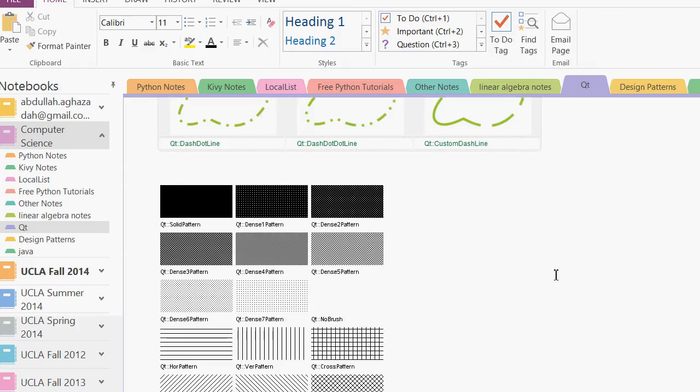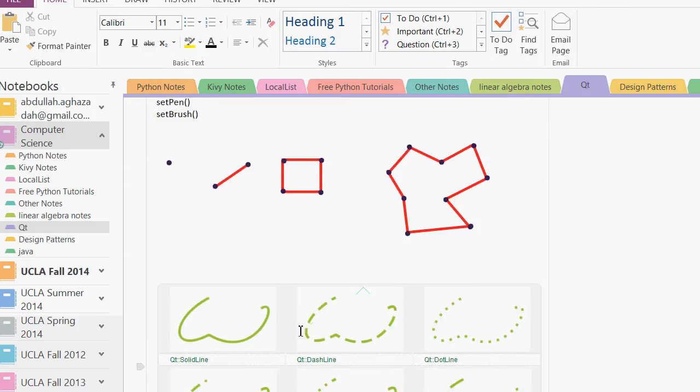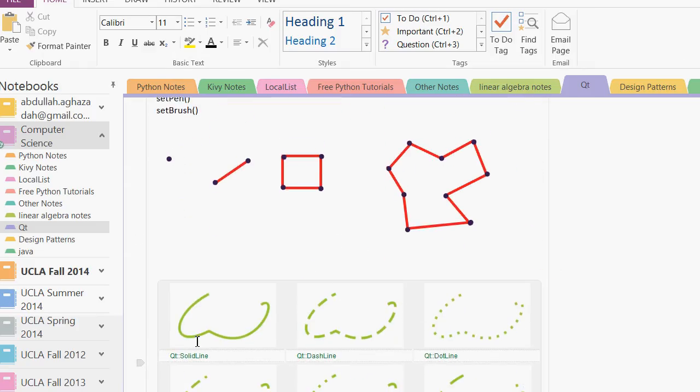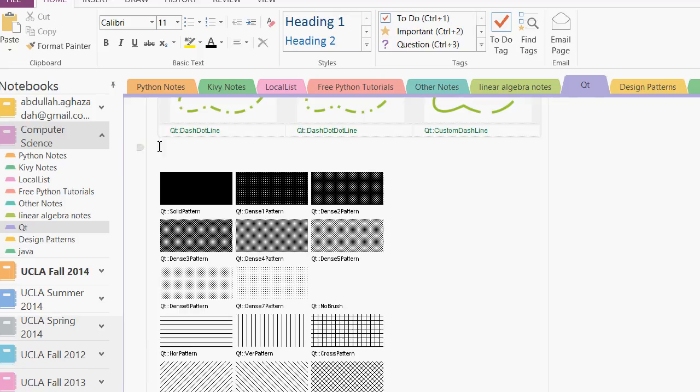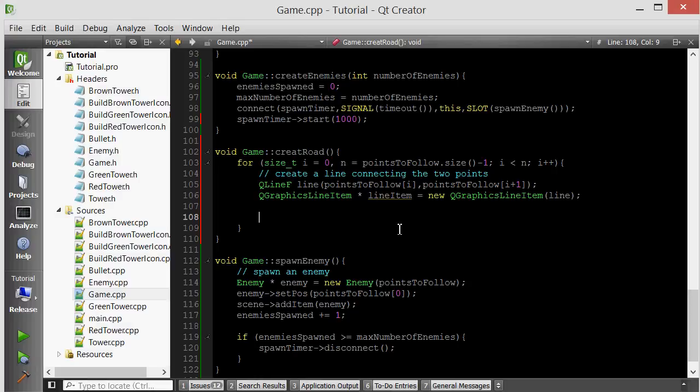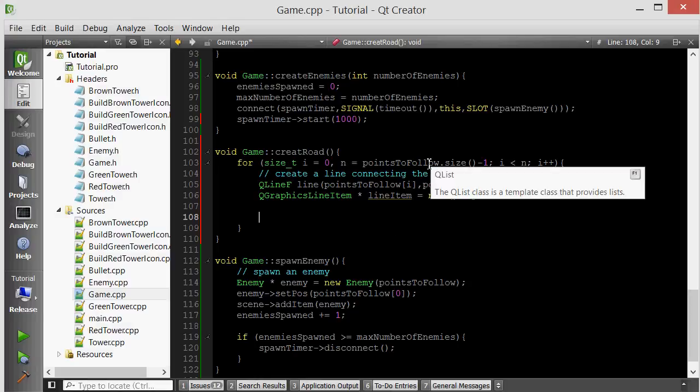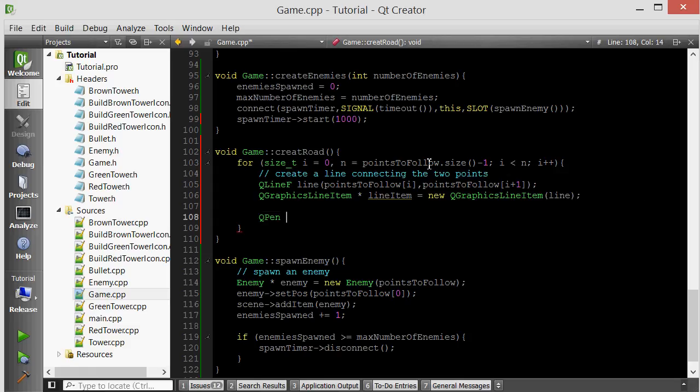Remember this graphic from an earlier tutorial. So whenever you draw something, the pen determines the outline style, so you can have all of these different types of pens, and then the brush determines its fill style. So right now we're going to change the pen of this line, because a line doesn't really have a brush, it's just an outline. So let's go ahead and create a new pen, QPen, we're just going to call it pen,